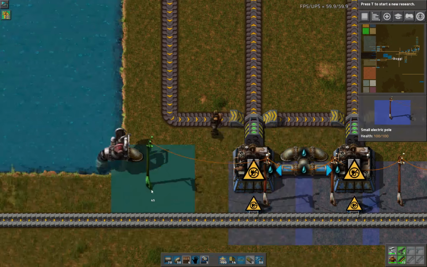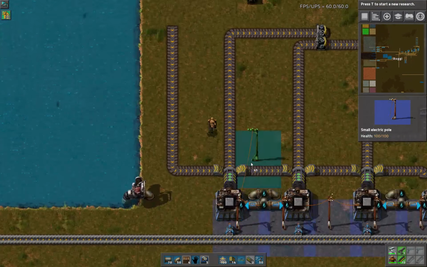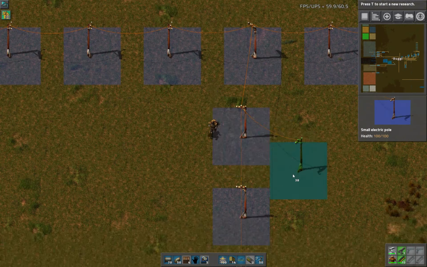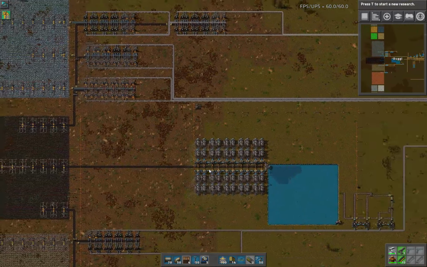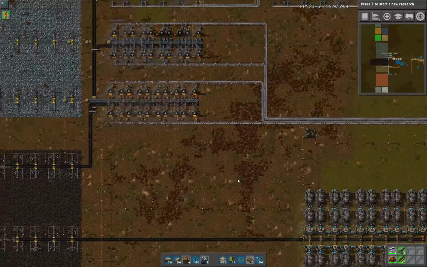And then the nearest power, I'll just go up to our main trunk line, and that will help keep it nice and neat. Okay, so iron, we have iron right off the end here,